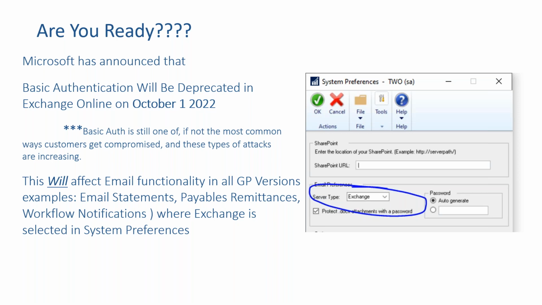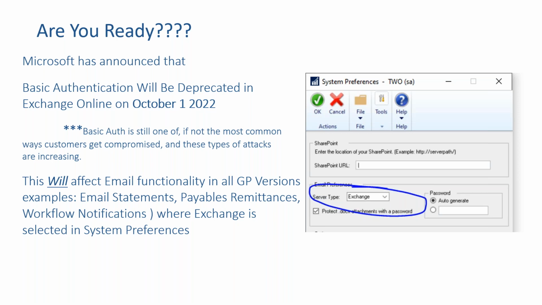Oops, had to take myself off mute, sorry. And then I think it's just Brad commenting more accurately. It is only if you are emailing via the 365 email server. I think that's more of a comment than a question. Yeah, it would be Office 365 or Exchange, not on-prem. Just to clarify, if you are using Office 365, this will